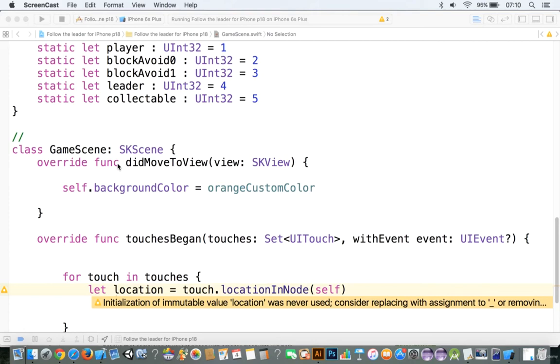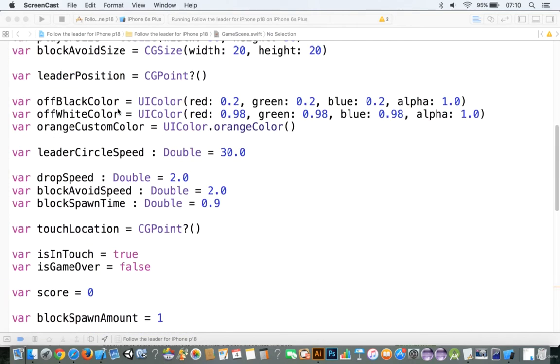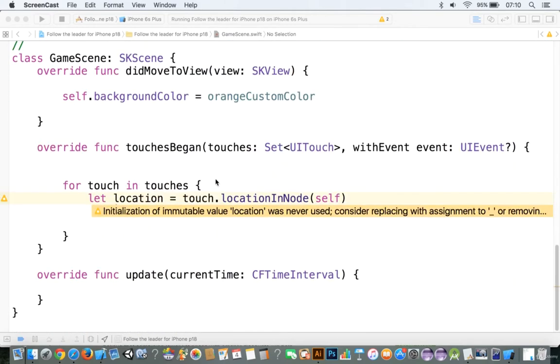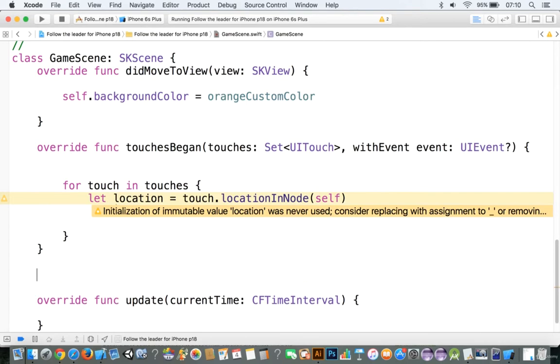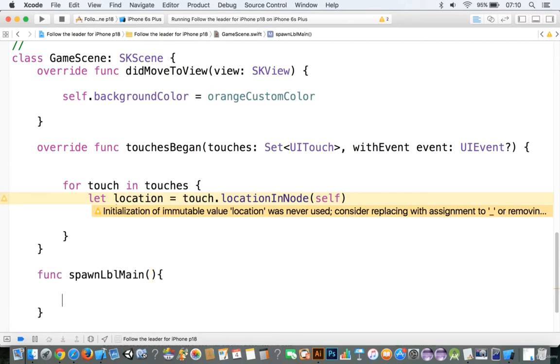All right, so now that we have pretty much everything set up here, let's add in some of the items. Let's start with the labels this time. So we'll add in a function. We'll call this spawn LBL main, and we're going to spawn this here. So LBL main is equal to